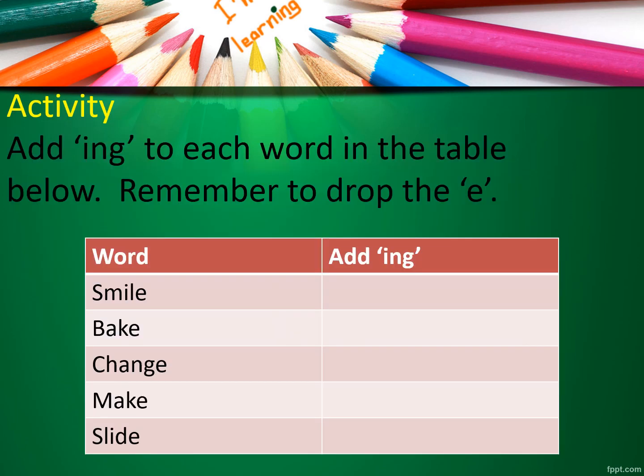Activity. Add ING to each word in the table below. Remember to drop the E. What do we need to do? Drop the E. Right. So parents, ensure that they write down the previous table, and you can allow them to continue with these words in the same table,